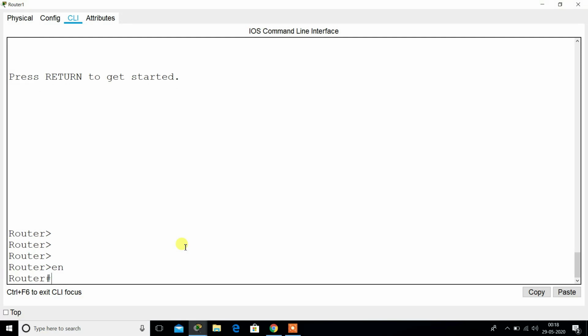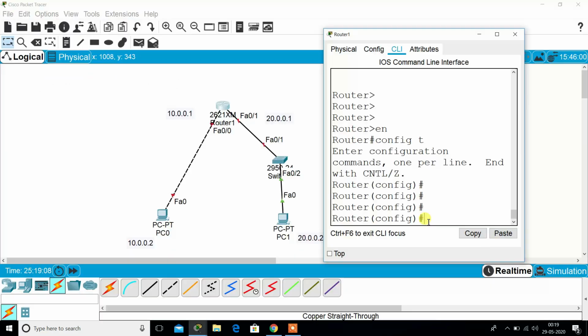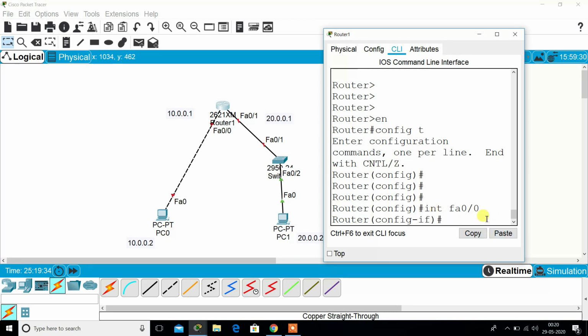First, go in configuration mode. For giving an IP address, first we need to select the interface, that is, on which interface we want to give the IP address. So we use the command int fa0/0. Suppose I want to give an IP address on this port, so I will use this command. What is this int? This is interface, and int is a short form of interface. Press enter. After this, we will use the command ip address